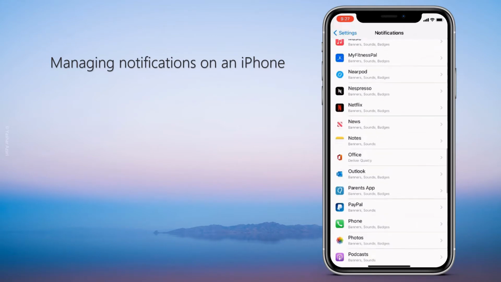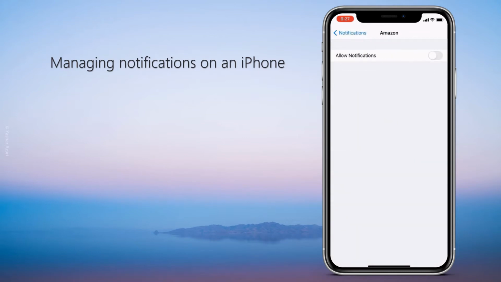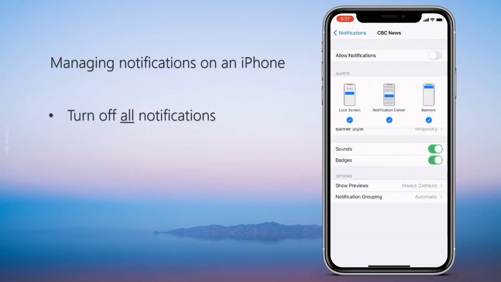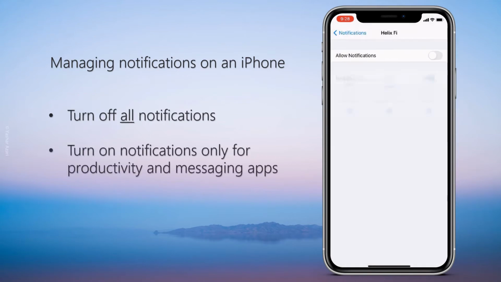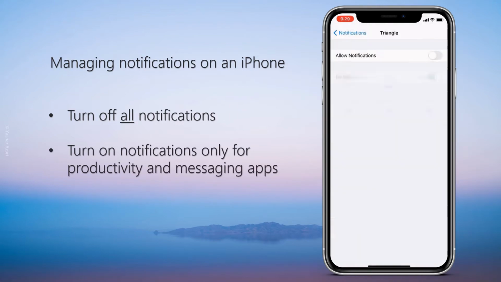iPhone doesn't make it easy to turn off all the notifications at once, unless you put your phone into Do Not Disturb mode, so you'll have to go through each app one by one. I recommend turning off all of the notifications for all apps, and then selecting those apps that you still want to receive notifications from. For me, I want to be notified when I receive a text message, an email, or